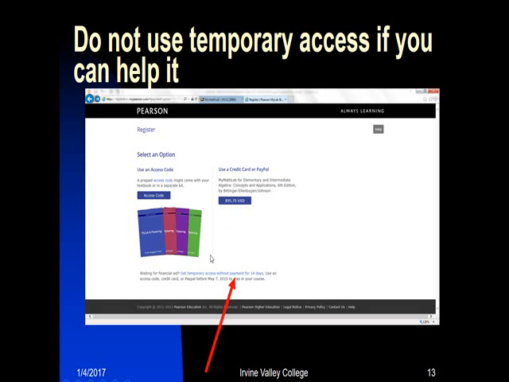Now, when you're paying for the class, there's also an option in here, get temporary access without payment for 14 days. I truly advise you against that. I want you to commit to the class and get started and not wait for 14 days. 1 or 2 days is fine, but 14 days is not acceptable. So I advise you not to use this link, but just go either buy this or this